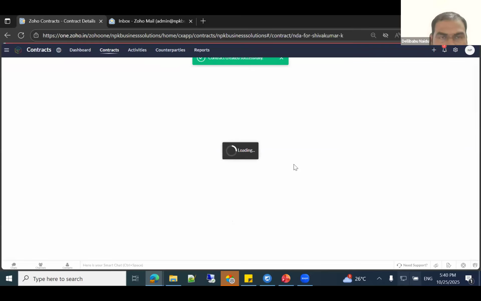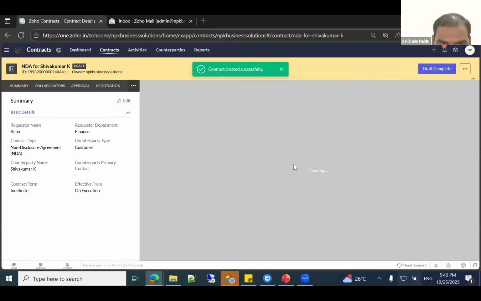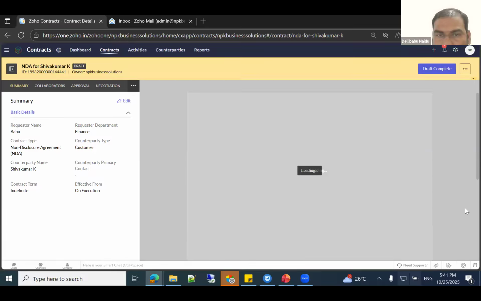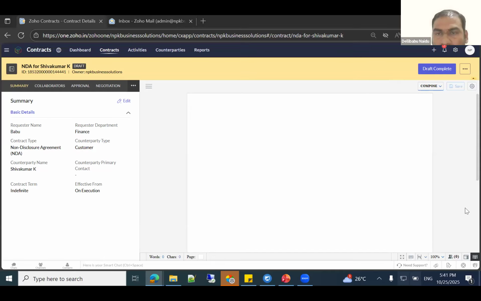There are a lot of features in Contracts also, based on your requirement and your process. You can operate Zoho Contracts. I'm just showing one simple module and simple document, how we can automate and how we can keep a repository in Contracts using Sign. There are multiple features here. Only from here you can construct your own contract with headers and footers and clauses. It will come out very beautifully if you can drop from here also.